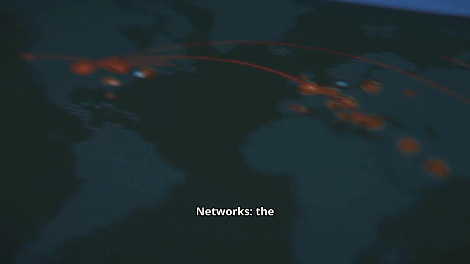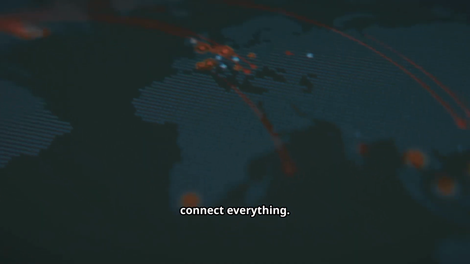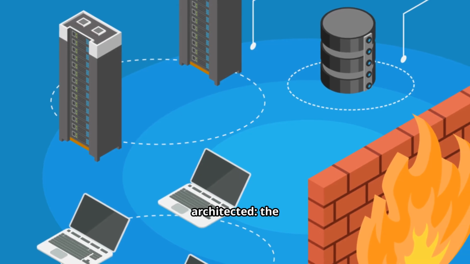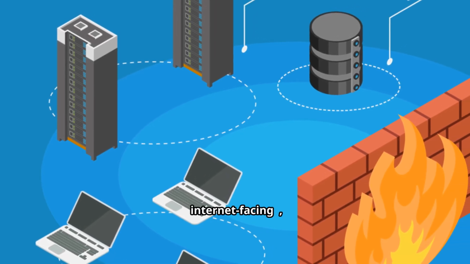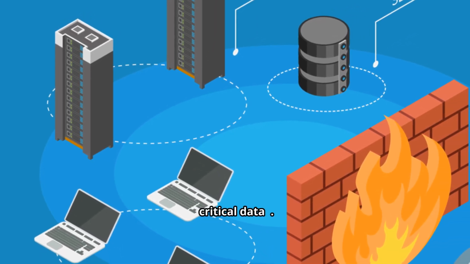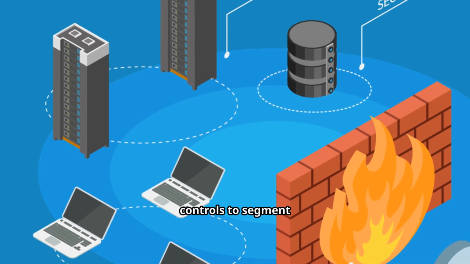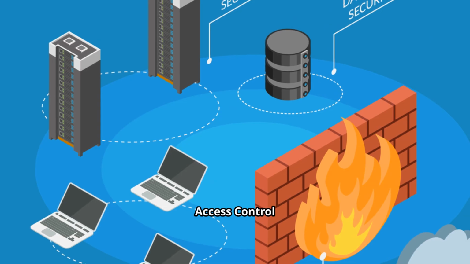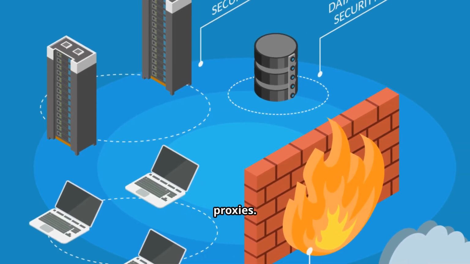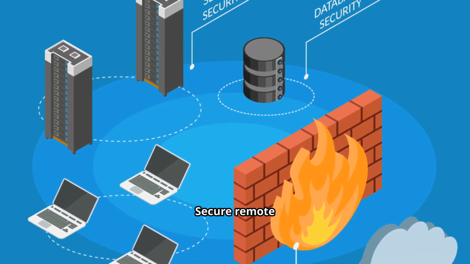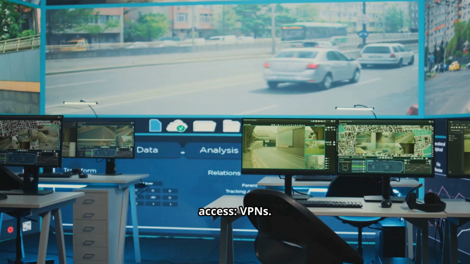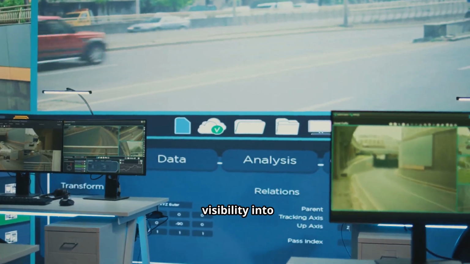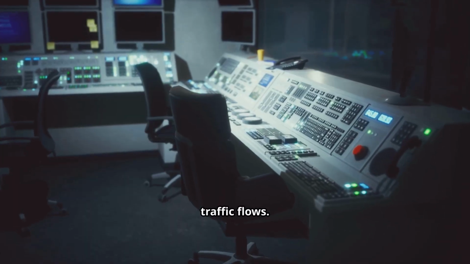Next, the networks, the pathways that connect everything. How an enterprise network is architected: the edge, internet-facing, the core, critical data. Essential security controls to segment networks: firewalls, access control lists, ACLs, proxies, secure remote access, VPNs, SD-WAN adoption, network monitoring, visibility into traffic flows. From there,